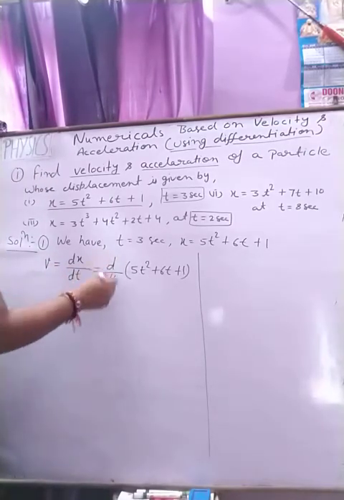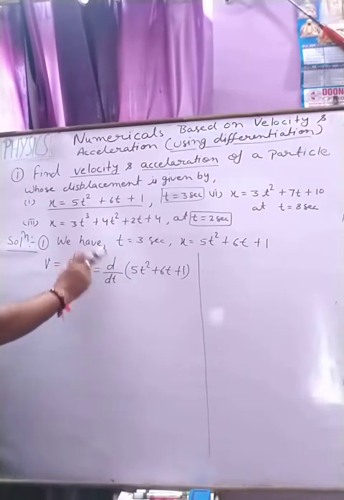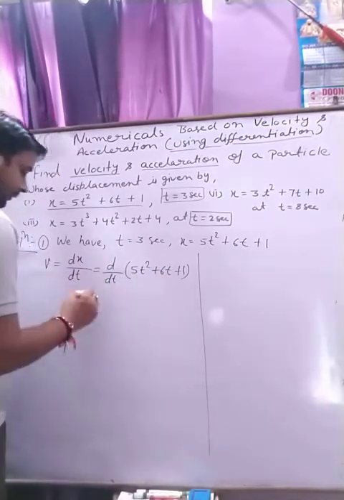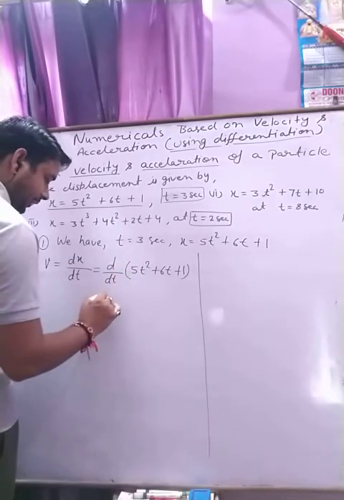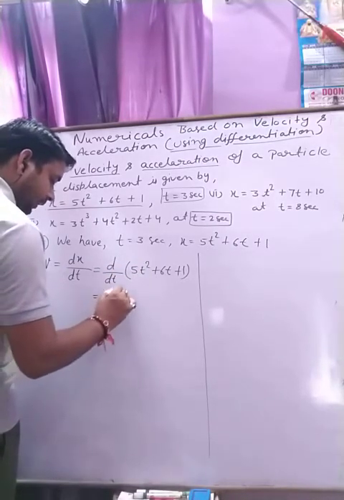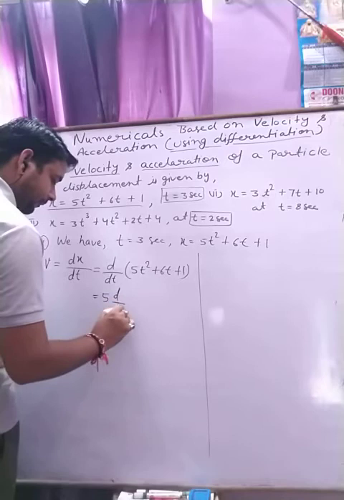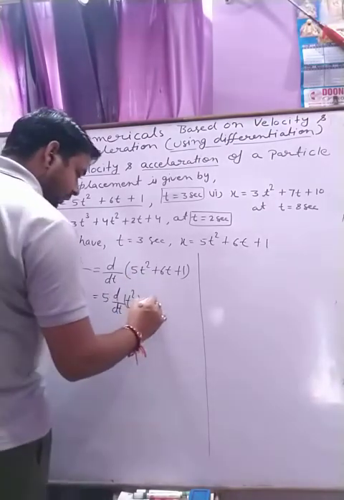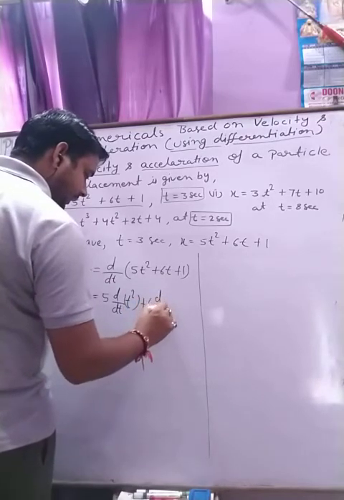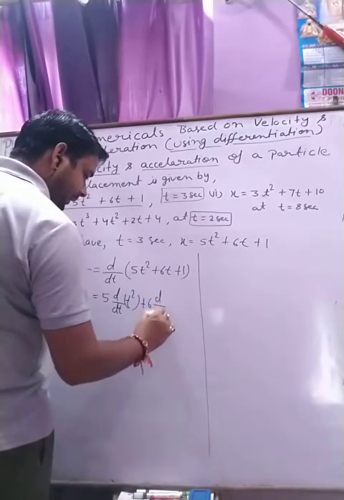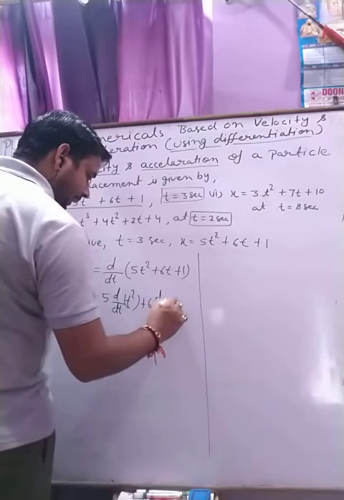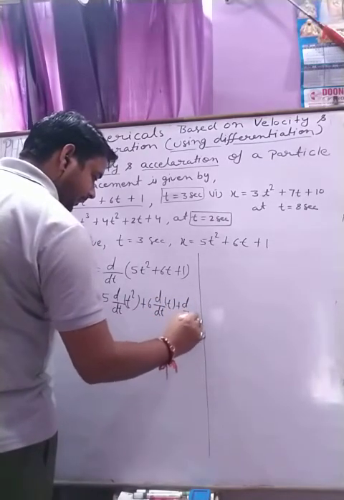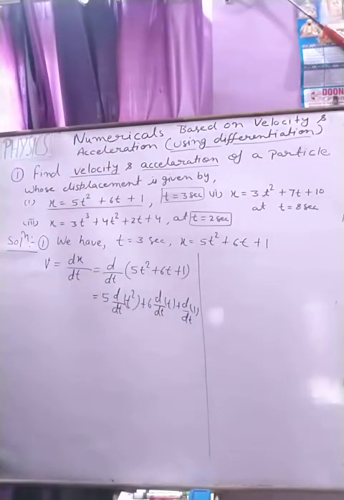This operator d over dt, which is known as the differential operator, is applied to each term. Like 5 is a numerical value, so it is taken as common: 5 d over dt of t square. 6 is also a constant, so it is taken as common: 6 d over dt of t, plus d over dt of 1. Okay,